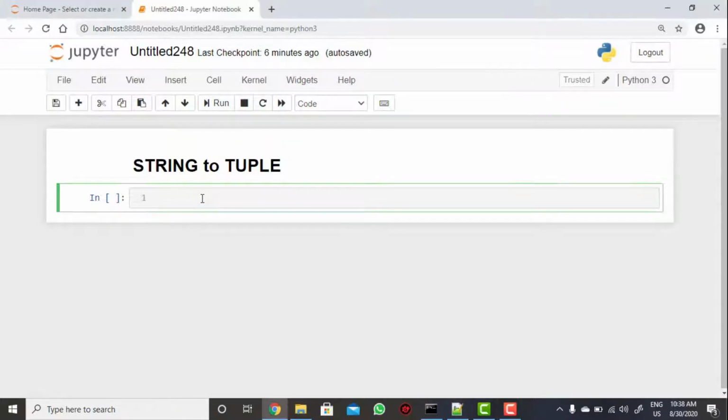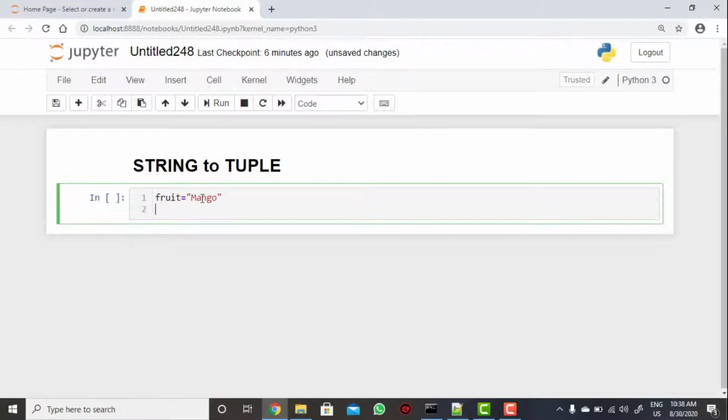Now let's see here. I am just taking fruit, which is a variable name, equal to a string value. So first you need to verify whether it is a string or not using a built-in function.